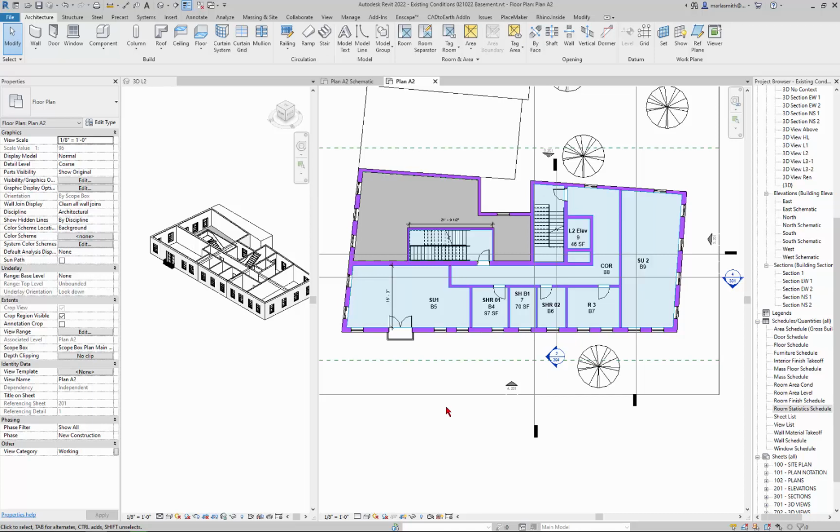The next thing I'll show you is design options. And this, again, is an option, but it's a good one to know, and I haven't really talked about it yet, and it's a good time to introduce it. So